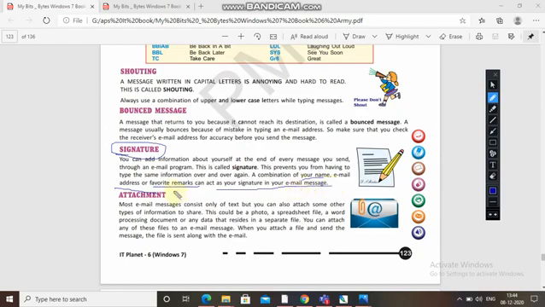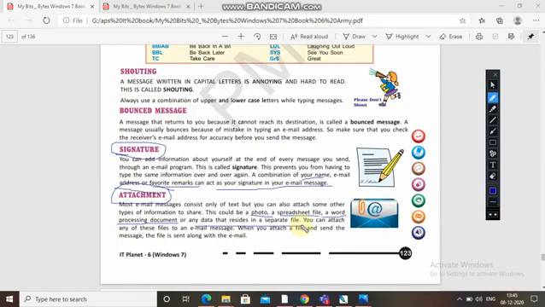Now we are going to talk about the attachment. Most email messages consist only of text, but you can also attach other types of information to share. When you are sending an email message, you may think that only text can be sent, but you can attach other types of information also, like a photo, a spreadsheet file, a word processing document, or any data that resides in a separate file.